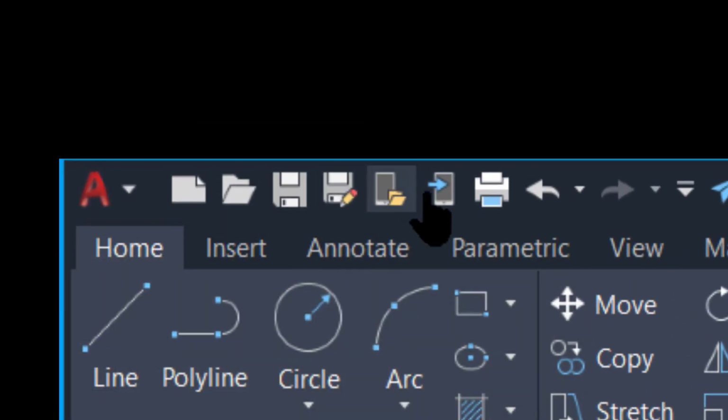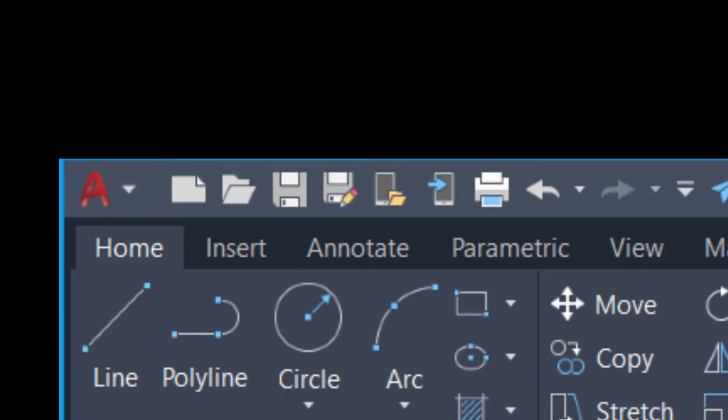After that, you have the open icon and the save icon. These icons are created as a shortcut on the quick access menu. So basically, after the AutoCAD menu, you will get a quick access menu.